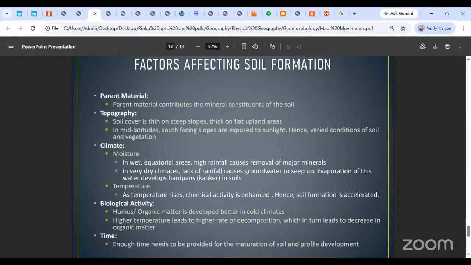We are saying what happens in topography, meaning we are checking whether it is a flat surface, a gentle slope, or a steep slope. So we are saying that the soil cover is usually thinner on steep slopes. If the slope is steep, then clearly the soil has a tendency to move downwards. It will not accumulate and form a thick layer of soil. Thick layers of soil will be formed on flat surfaces. Wherever you find flat plains, flat lands, over there the soil keeps on accumulating and becoming a thick layer of soil. Okay, do we want the layer of soil to be thicker or thinner?